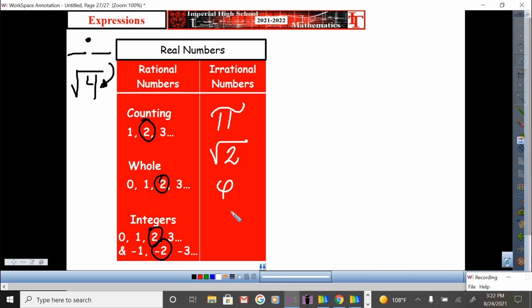Let me go beyond that. What if I told you if you measured from the point of your fingers to your shoulder and divided by the measurement from the point of your fingers to your elbow, guess what number you're going to get? 1.6. You're like, Mr. Q, I'm telling you. So, that's phi. And the last number that we're going to get into once we get to logarithmic functions is e. e is a series that continues going, and we're going to look at that once we get to the second semester. Okay? And I'm going to stop right there, the video as well.